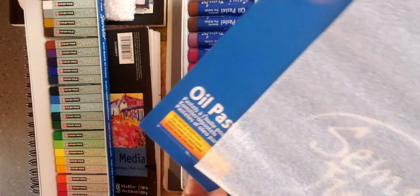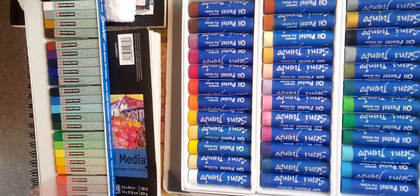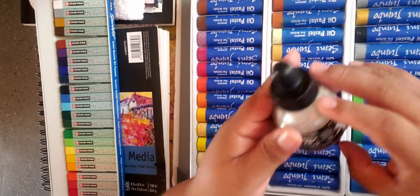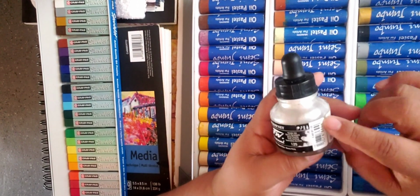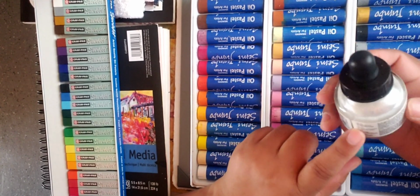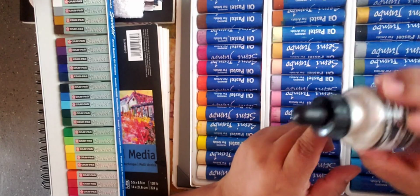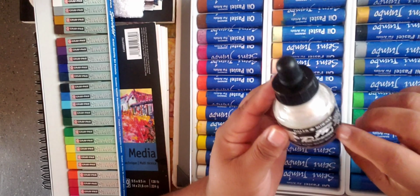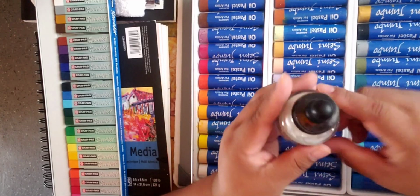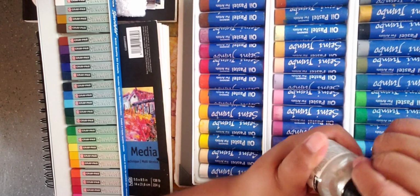It doesn't even give you the... I have to read it for you guys. Hold on a second. So I am going to show you, this is my Daler-Rowney. I found a couple of years ago a way to seal oil pastels. I'm going to use my Daler-Rowney so you guys can see the actual color. This is the white Perla, and it's shimmery, so it doesn't cover